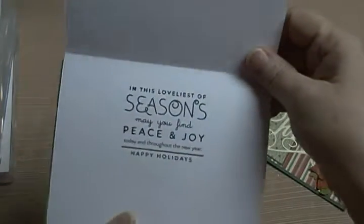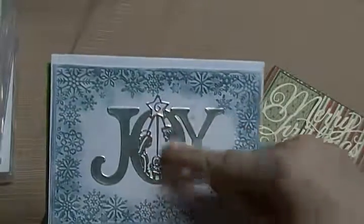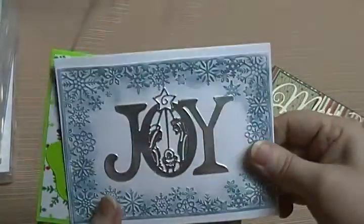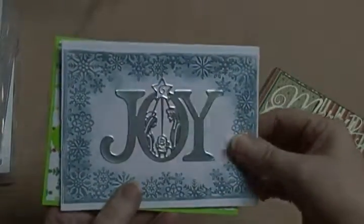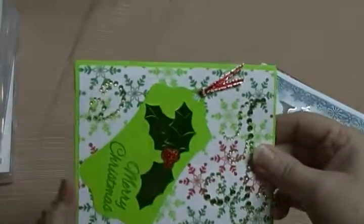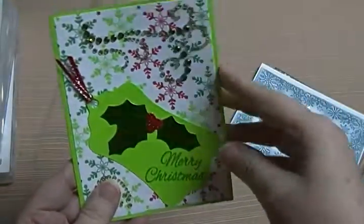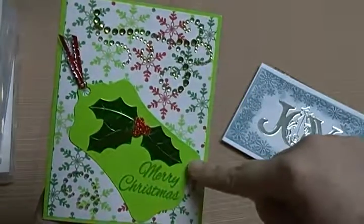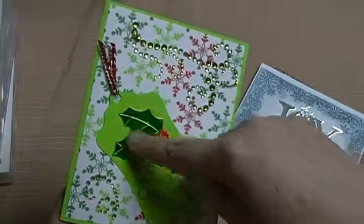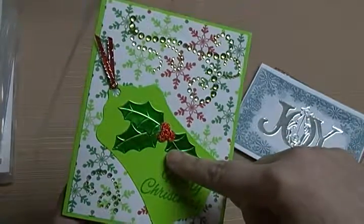And that's Paper Tray Ink as well. But I really like how this is in the middle of the O and Joy. I really like that. So I put it on this metallic paper. And then this is just a tag die that comes with this, and also an oak leaf, and